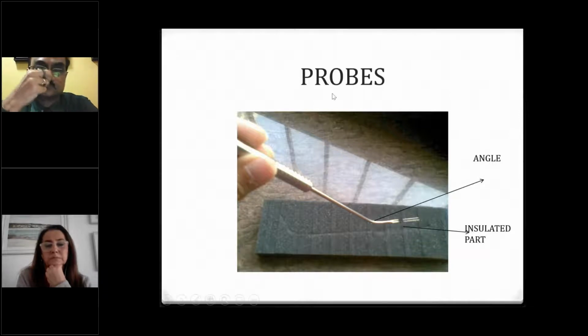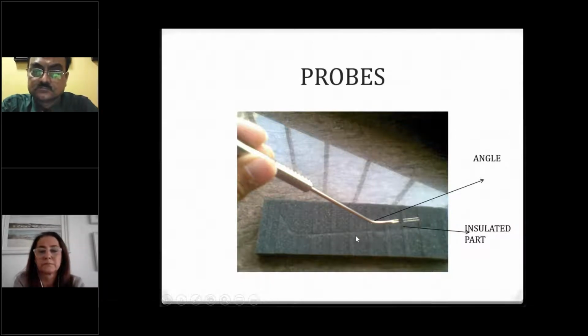So here we first study probes. This is one probe, which is a palatal probe. There are similar probes like the tongue base probe, the nose probe, the turbinate probe, and there's a probe also for the tonsil. What varies in these probes is this angle, which is marked out here. This angle is different and suits that particular tissue, organ, or structure, and that is what varies in each of the probes.